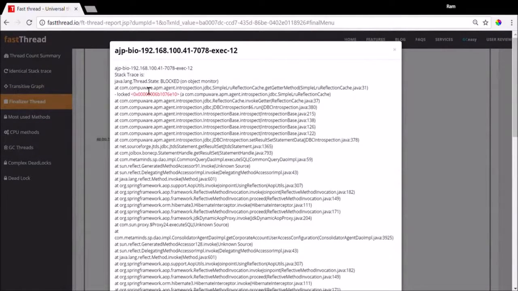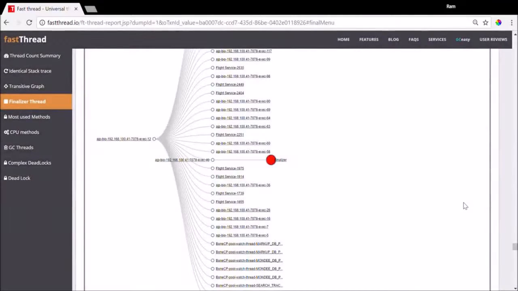Apparently what had happened was, this application installed a new APM agent, an application performance monitoring agent, and this agent had some issues. Due to that, it caused the threads to get stuck. Once they upgraded the agent, the problem went away. So this is a very powerful tool,